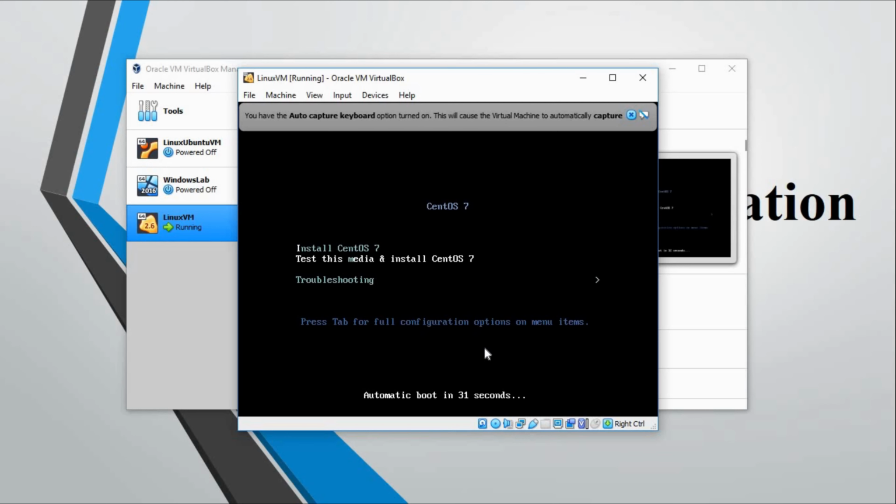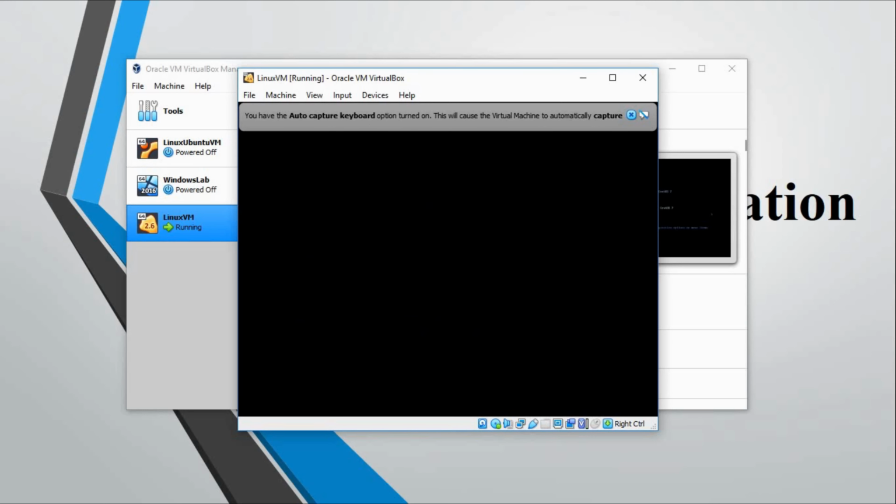That is why you test that media when you are doing the installation. But since we have an ISO image and I am pretty sure the download is not corrupted, I am going to use my up and down arrow keys to select Install CentOS 7, then go ahead and press Enter.